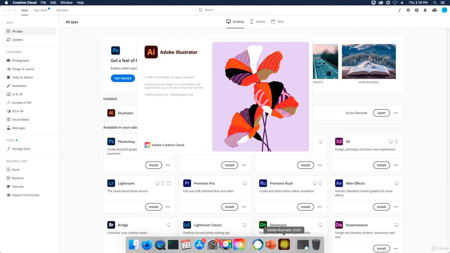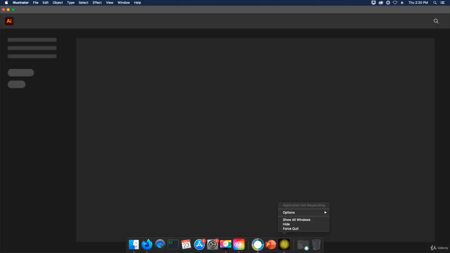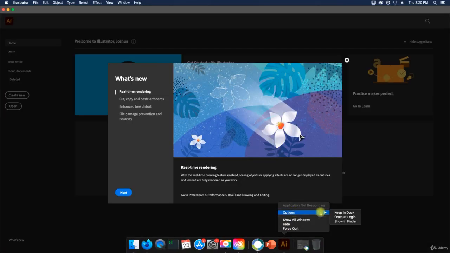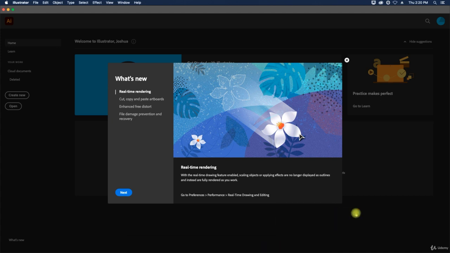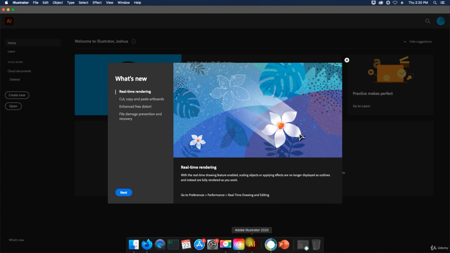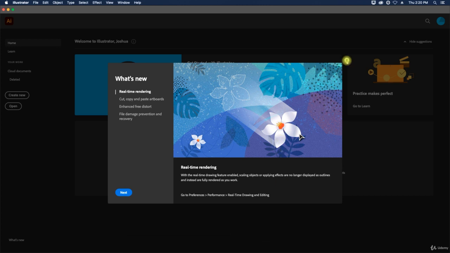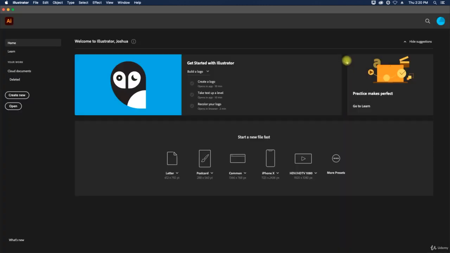If you right-click on it on Windows and do Pin to Taskbar, then the icon will pin to the taskbar and you'll be able to quickly access Adobe Illustrator. On Mac OS, if you right-click and click Options and Keep in Dock, now I can quickly access Adobe Illustrator. Okay? So what I'm going to do is close this window here, and in the next video,